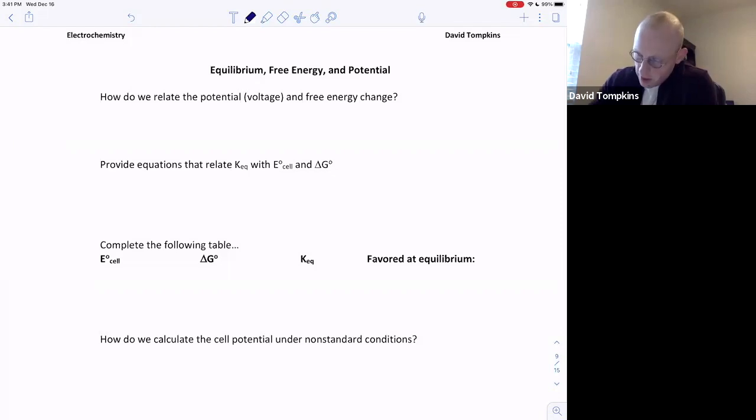So first, the free energy of a reaction, delta G, under standard conditions. Keep in mind this degree symbol here indicates standard conditions. That is going to be equal to the negative NFE°, where N is the number of moles of electrons that are transferred in the balanced reaction, and F is given as Faraday's constant,